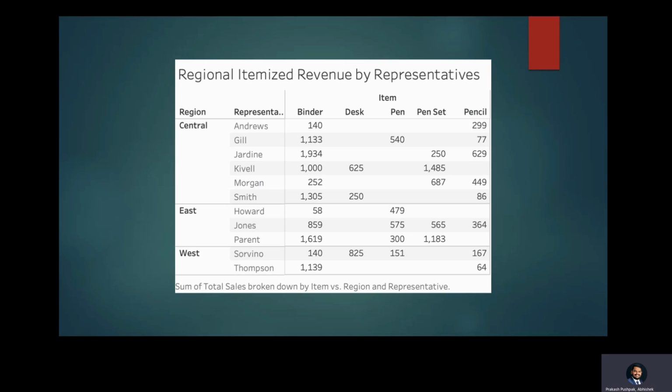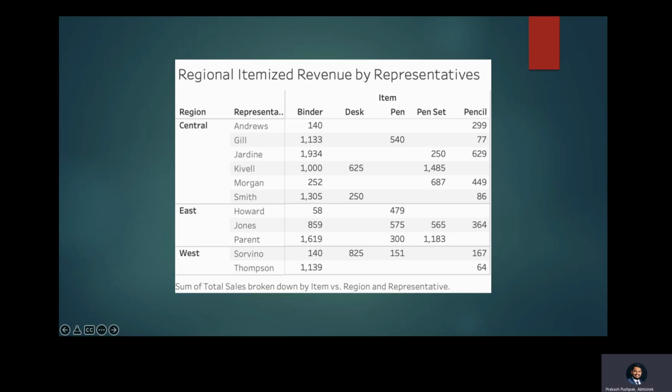So in this chart, we are able to see the itemized revenue by representative, how much revenue they were able to generate in each product. So Andrew sold 299 revenue. Then there was 1934 as Jardines, which he sold $1,934 worth of binder. And again, in the East region,